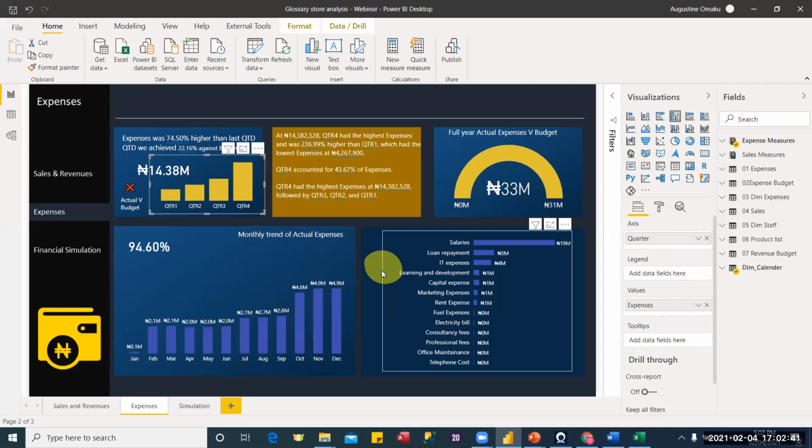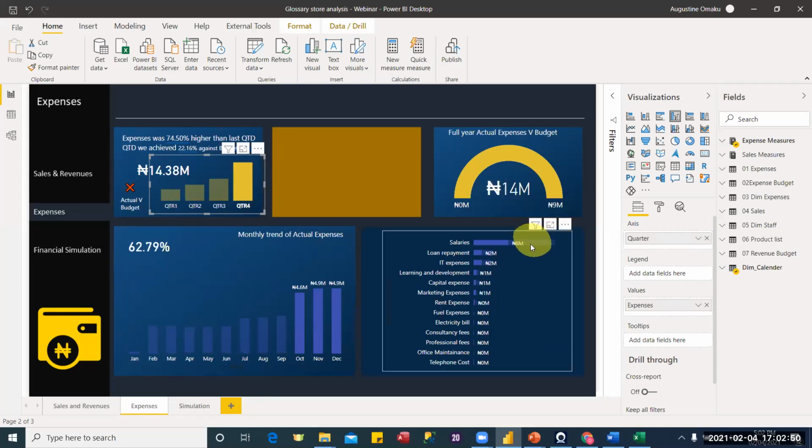But again, you can change this interactivity. For example, this interaction is showing it as a highlight. It's just showing some part of it, showing it as a highlight. You can do the interaction in such a way that when you click on quarter 4, all you'll be seeing here is the figures of quarter 4. You won't see any highlight here. You'll just be seeing the full chart as quarter 4. To do that, we just need to go to